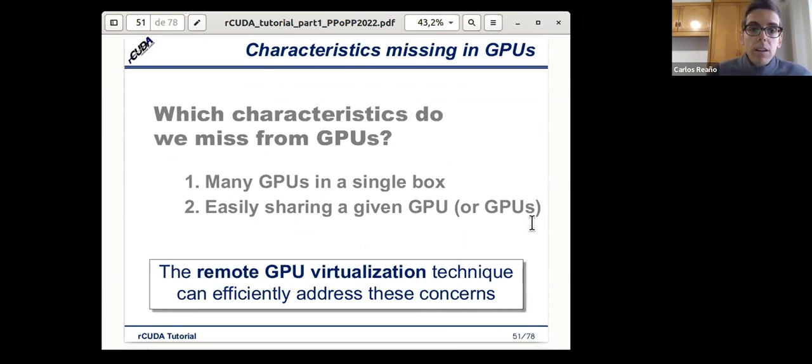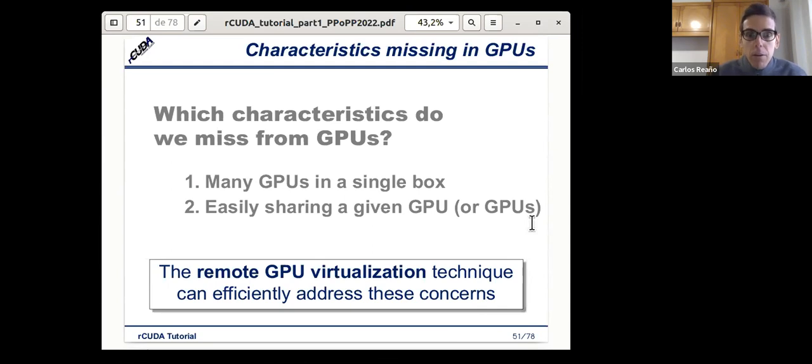Okay, so in summary, we have highlighted a couple of concerns that we have right now, in which we think remote GPU virtualization can help. The first one was that we have a multi-GPU application.